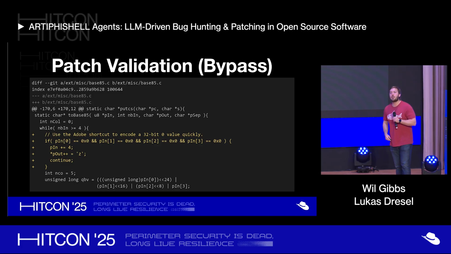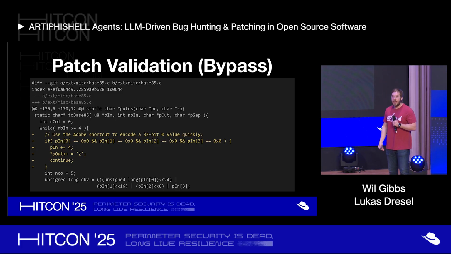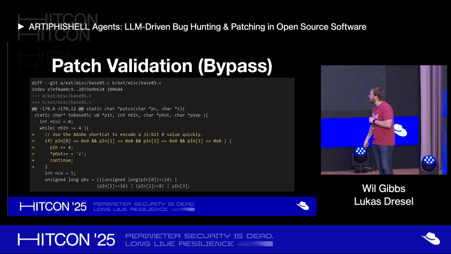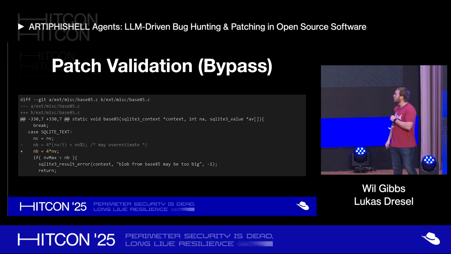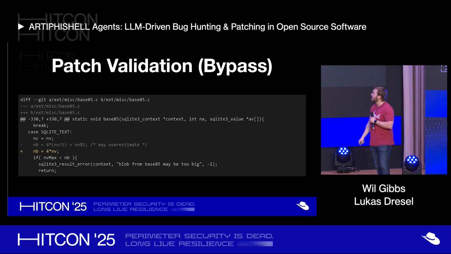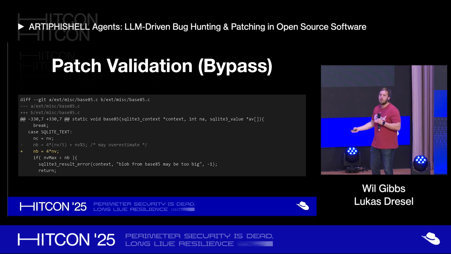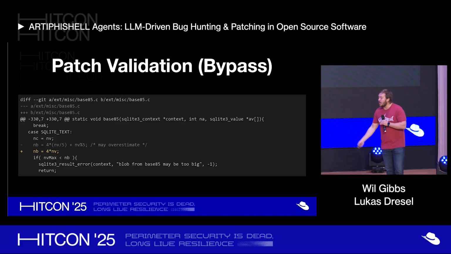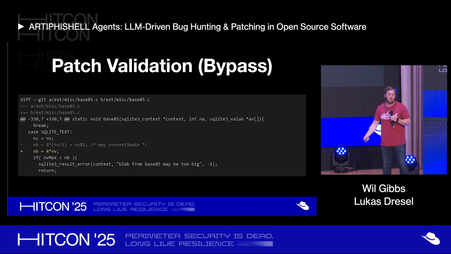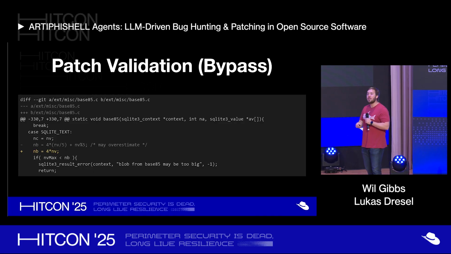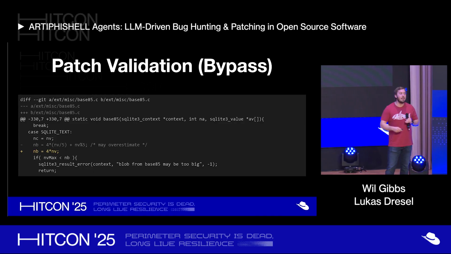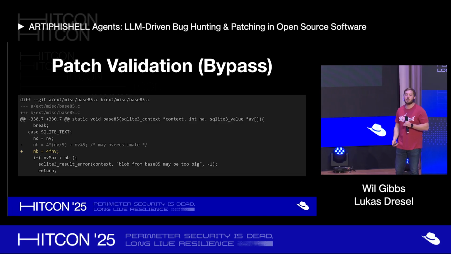So we were also given the ground truth by the organizers of the competition. And as it turns out, you can see this is some of the code they added for the SQLite challenge, where we access some array values and ultimately we write a Z somewhere. We were able to bypass their patch for this. They had this patch, which you can see there's some commented out thing here where they tried to estimate the value or the size of this buffer index, something like that, and then recalculate it to this 4 times BN number. But we were able to bypass that with our own bypass agent. So this is something that not only machines need, but humans need as well.